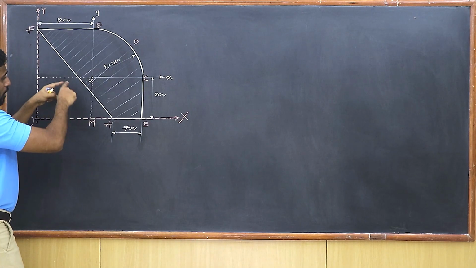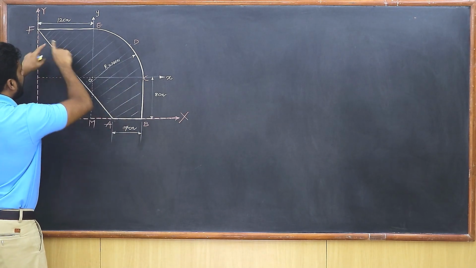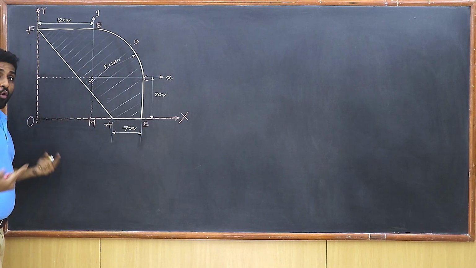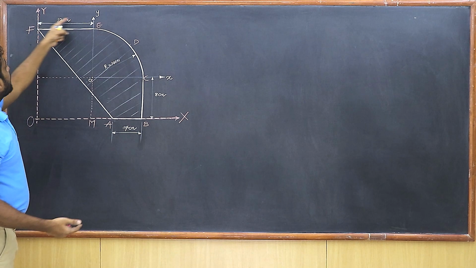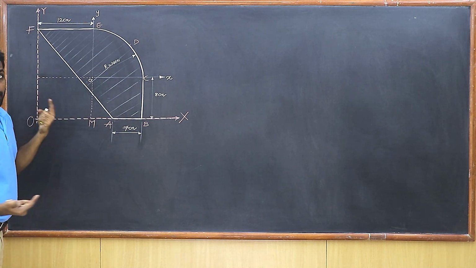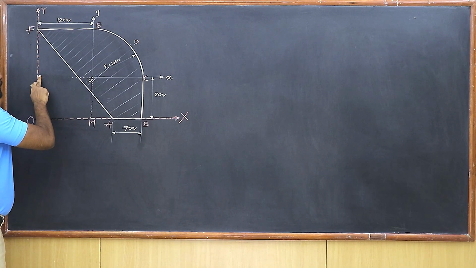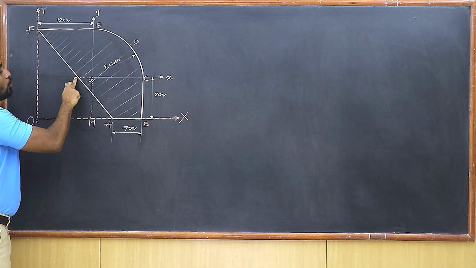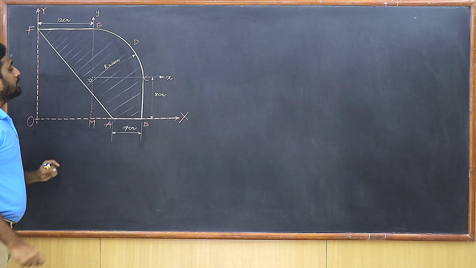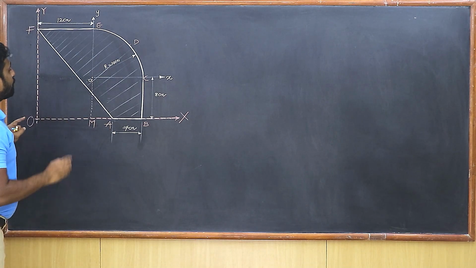The second method could be, now you can take this bigger rectangle, this horizontal rectangle over here, then again this smaller rectangle you can take, getting or not, and then the quarter circle. So both ways you will be able to cover this entire portion, and from this entire portion you remove the triangle. Isn't it a very simple concept? So I'm going to remove this particular line because this is not needed. It was only drawn to explain that there could be two different ways in which I could have taken the rectangles. So here my first rectangle is